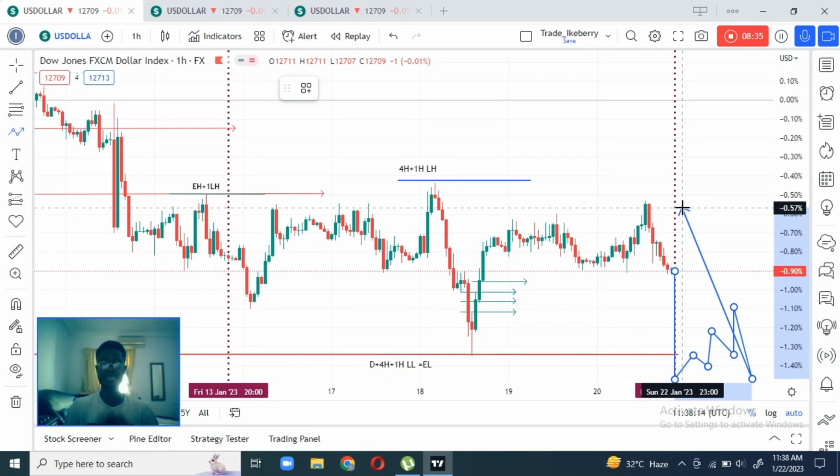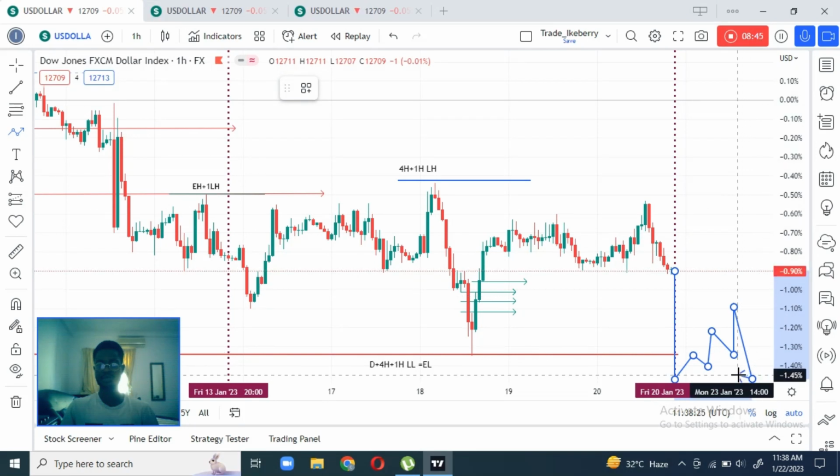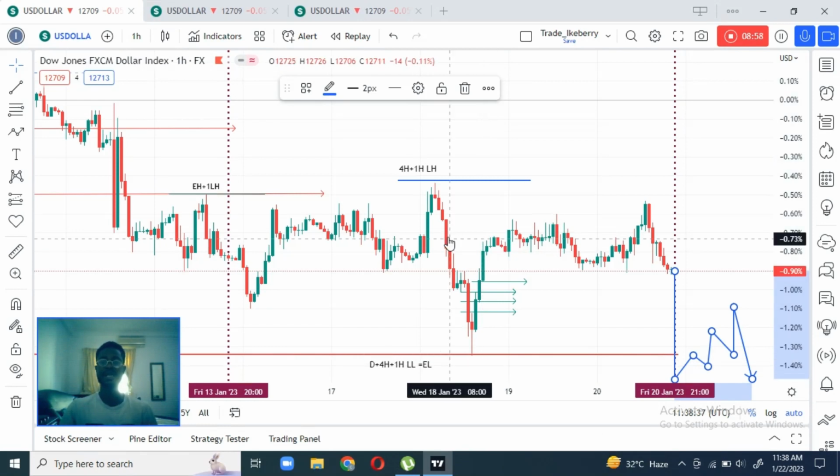US dollar index. Currently, I'm focusing on the 1H because the 1H and the 4H are the same in terms of structure. You know, we have the same lower low and the lower high. So I'm focusing on the 1H, and honestly, the 1H has built some liquidities here, which has picked up,